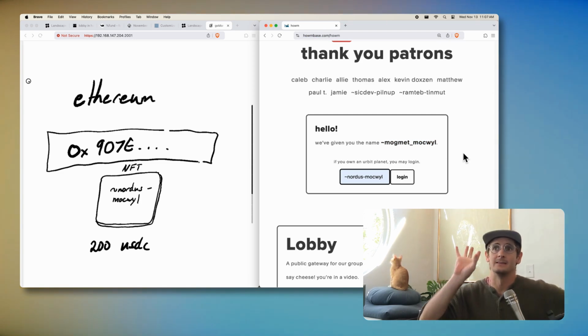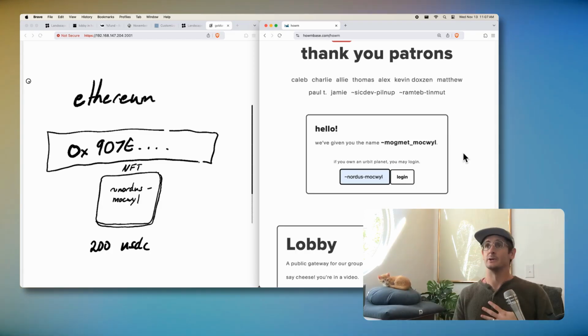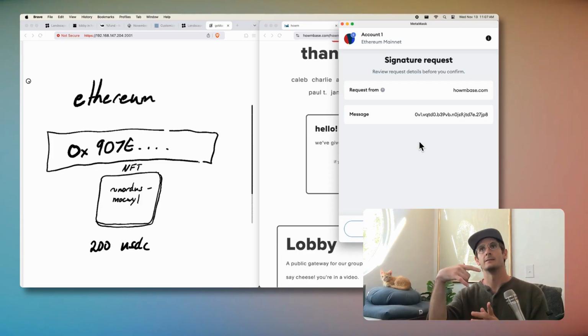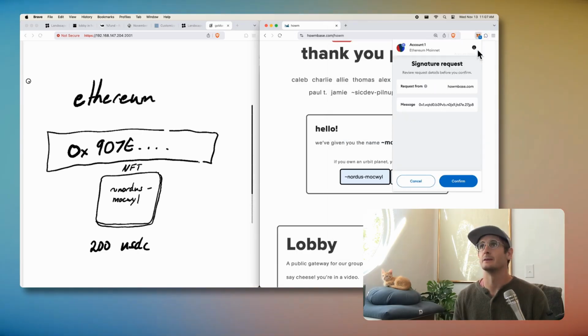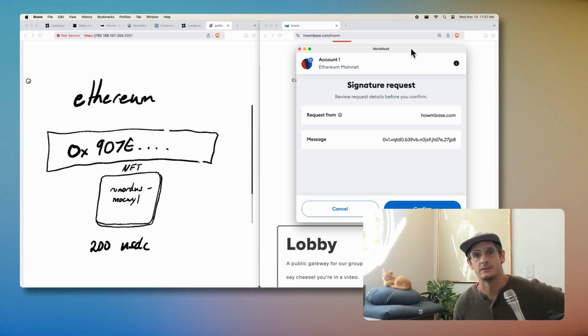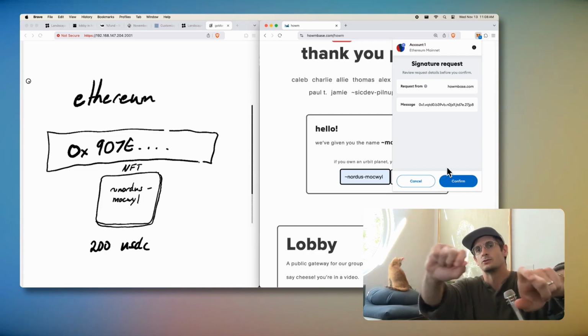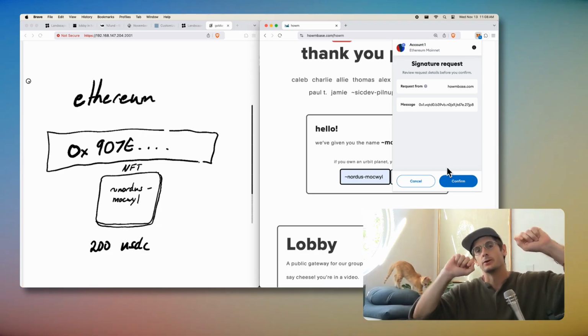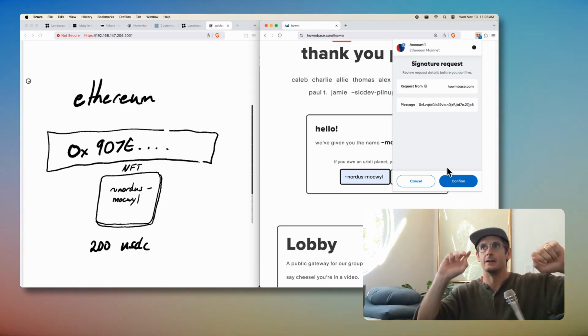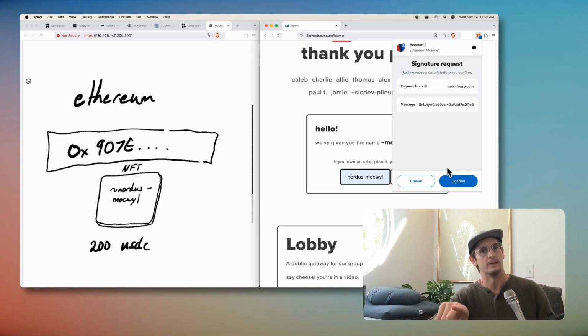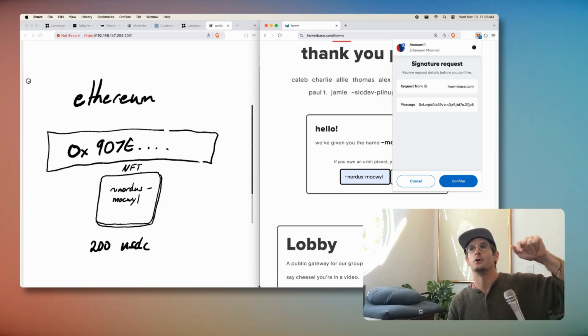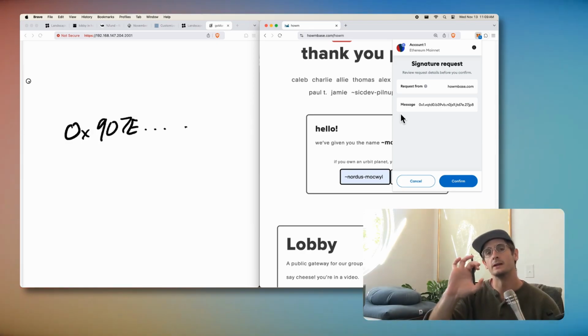And so as far as the app knows, I could be anybody. But here, I'm going to try to say, hey, I'm claiming I'm nordus-mocwyl. I can prove it to you. My app goes and asks, okay, well, if you have an Ethereum wallet handy, like the MetaMask wallet, the browser is like, hey, I'm going to make a request for a signature. I have this message. If you can sign it with your cryptographic keys, then I will go and double check that. And if it checks out, if you really are the owner of that account, then I will totally believe you. First, you have to prove that you own that address